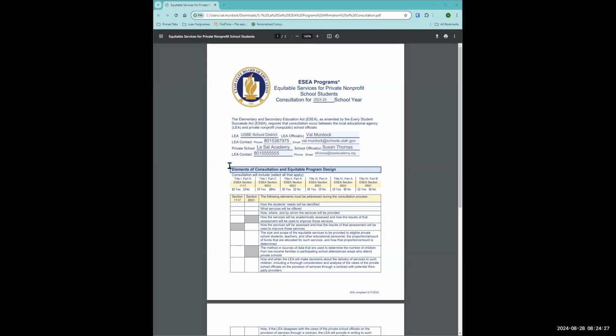This is the one for multiple ESEA programs. It does not have IDEA on it, as that would be completely different questions. So make sure that you change the year and update the contact information for each private school you consult with. This first section is just which title programs does the district receive funding for? Because if you don't receive funding for it, then you don't consult about it. And then which ones out of the ones the district receives an allocation from,